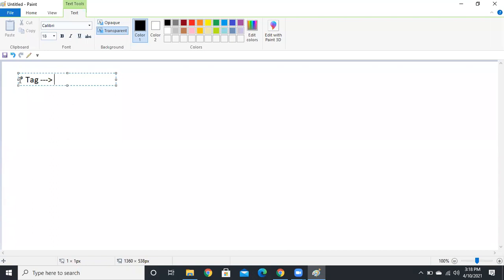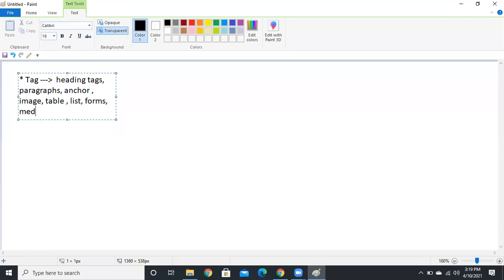A tag has an open tag and a closed tag, right? So a tag is going to describe something, guys, simply. So we have heading tags, paragraphs, anchor tag, image, tables, list, forms.